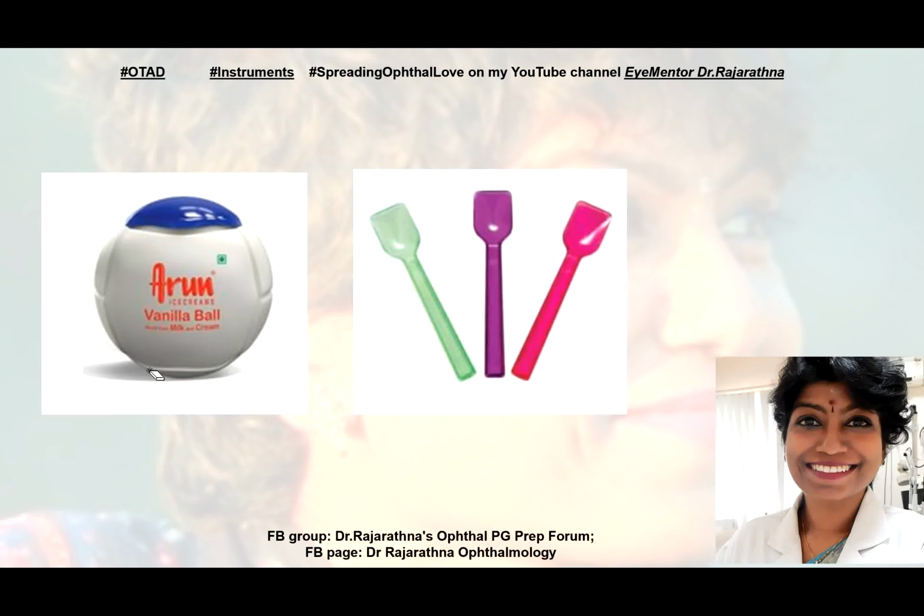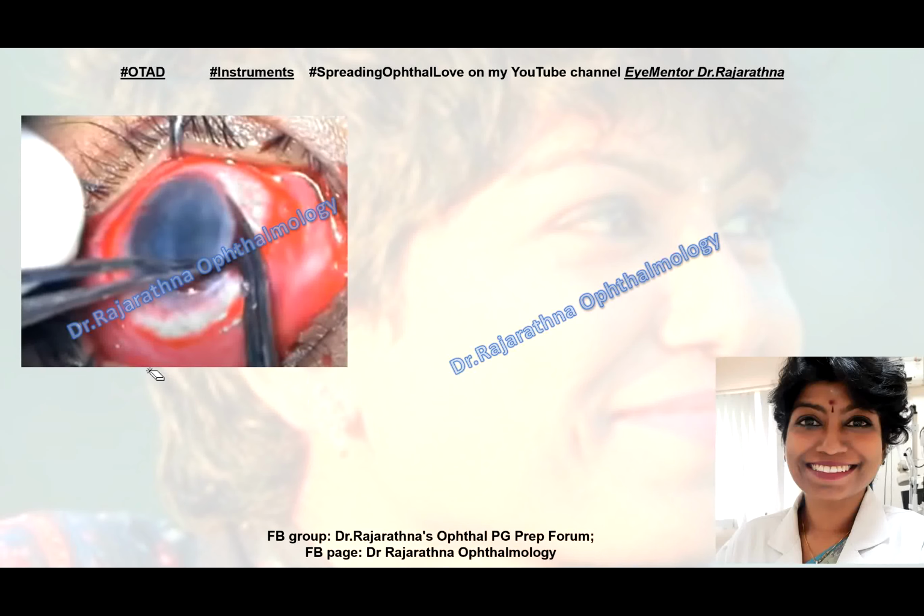Okay, let's see the different steps. And evisceration is the least radical of all the surgeries that we do in ophthalmology. Now look at this. So we are cutting out the cornea, right, at the limbus. Now before that, if you notice here, what has been done? The conjunctiva has been cut. So this procedure is called peritomy. When you cut open the conjunctiva, it's called peritomy, and we've done it all around. So there's a 360-degree peritomy. Only then I can approach the limbus to cut out the cornea.